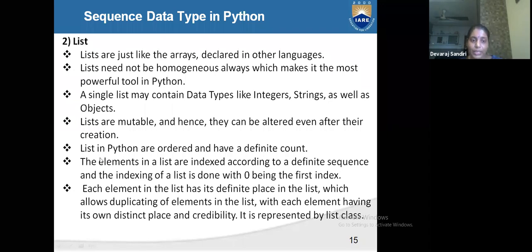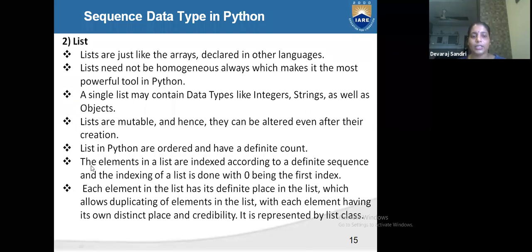See what I told you, what is mutable, what is immutable. Mutable means we can change. Immutable means we cannot change it afterwards. If it is mutable, we can change the data.